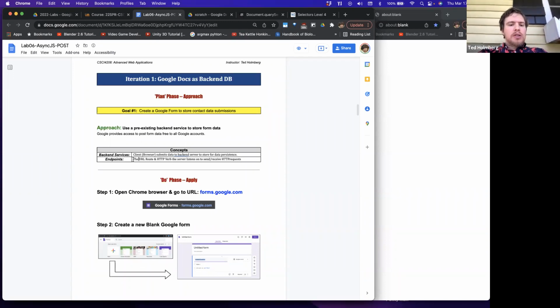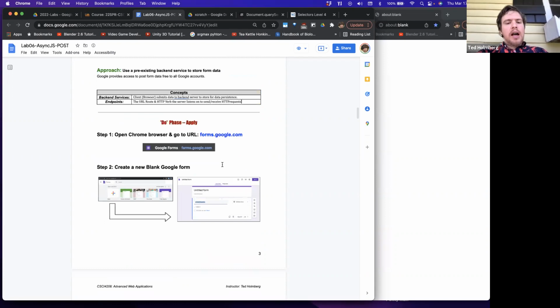So here we're just going to define an endpoint as the URL route and HTTP verb that the server listens to in order to receive HTTP requests. It sends back responses. You can think of it as a client-server relationship, which is clearly why it's called the web client and web server. Anyway, the next step is to open up a Chrome browser and go to